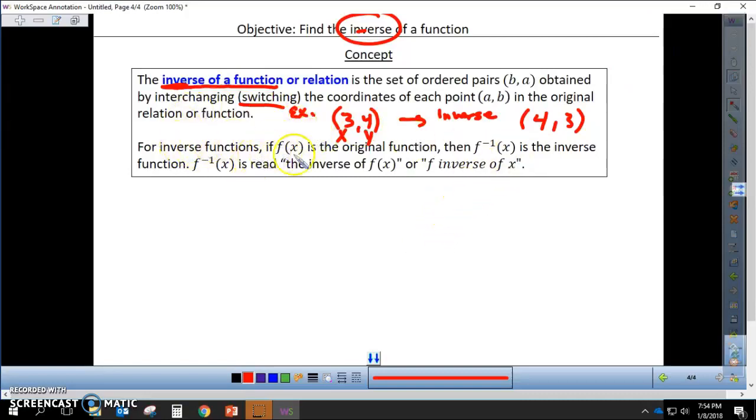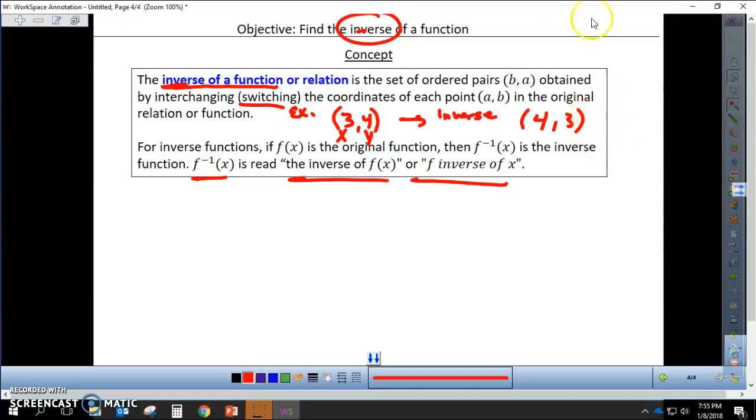For inverse functions, if f of x is the original function, then f inverse of x is the inverse function, right? And this is how you say it: f, and we use a superscript here. Some people say "to the power of -1." Don't say that. You will sound like you don't know anything, right? People will think you're dumb. f inverse of x is read "the inverse of f of x" or "f inverse of x." Make sure you read these out loud, and say this, talk to your partner,